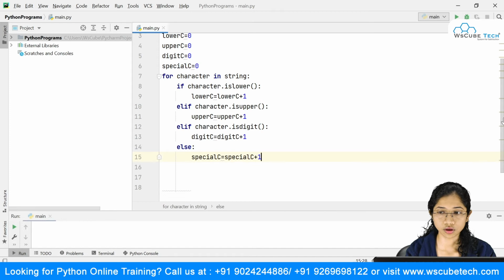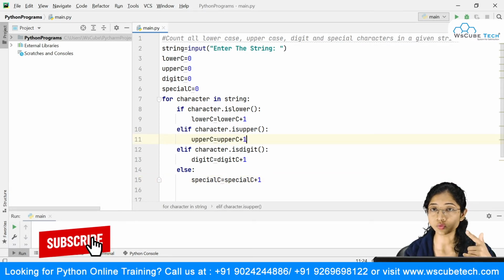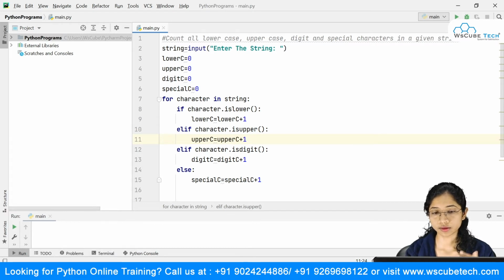So what will happen over here is that we are taking the input from the user, and I have already set my counts to 0 over here, and I'm making use of the for loop just to iterate over each character at a time. So it will fetch each character at a time and check that particular character. If that character is lower, it will go into this case. If it is upper, it will go into this particular statement. And it will increment that counter to 1, 2, depending upon the values I'm having inside my string. If it is a digit, it will go inside this case, and if neither of these three things are there, it will go into my else part over here.